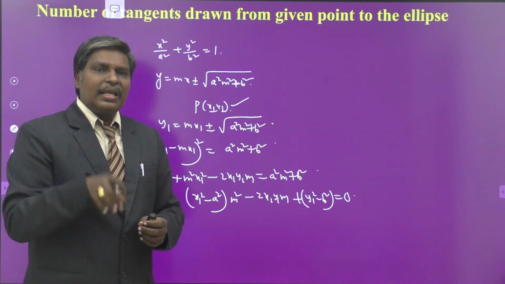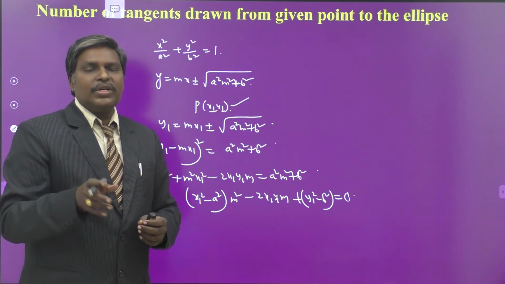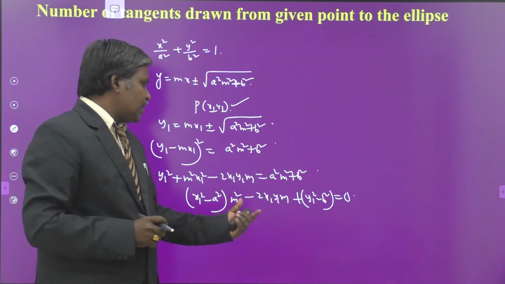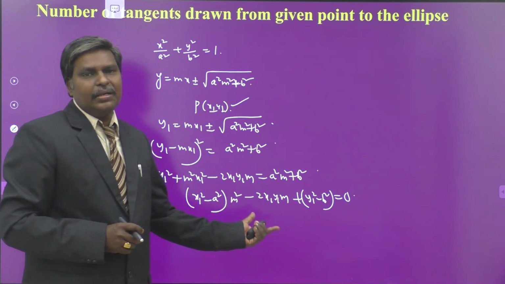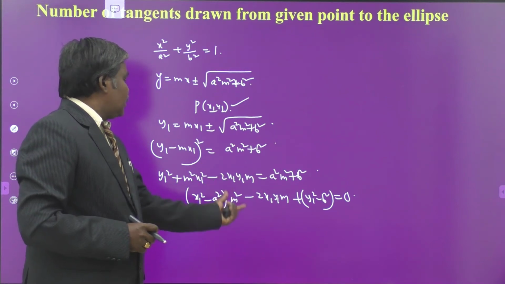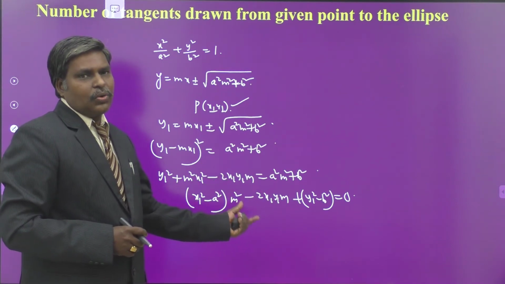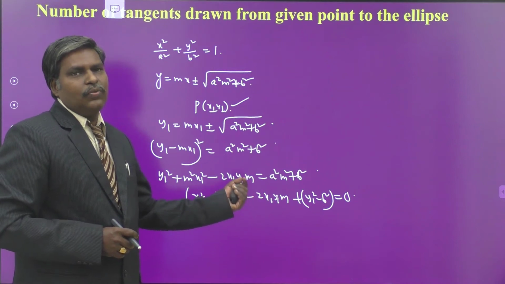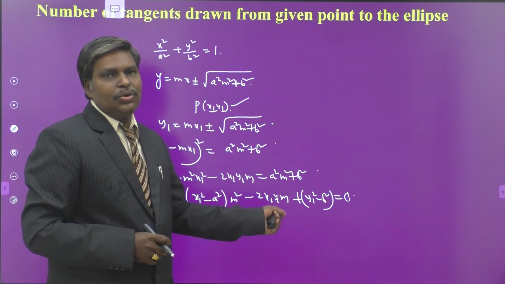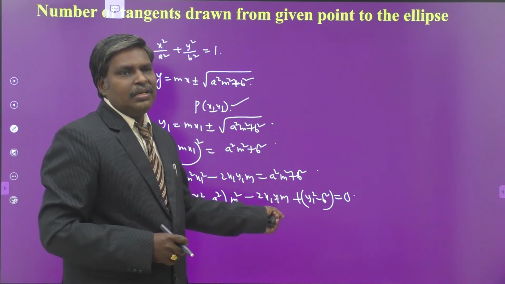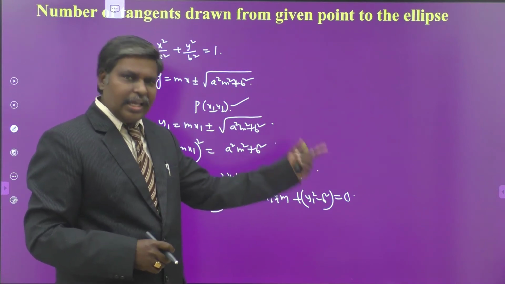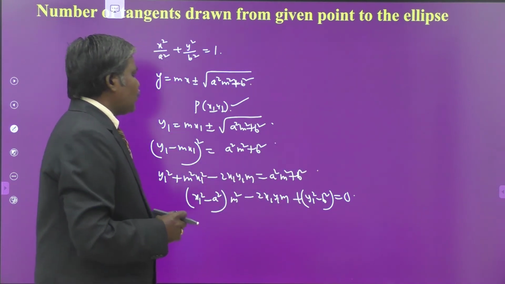These two roots are real and distinct, real and coincident, or imaginary according as its discriminant. If the discriminant is greater than 0, we obtain two real and distinct tangents, and if the discriminant is 0, both the roots are coincident. At that time we write only one tangent through that point. And if b² − 4ac is less than 0, its roots are imaginary. We mean both the slopes are imaginary. That means there is no tangent through that point to the ellipse. This is the way to conclude that.